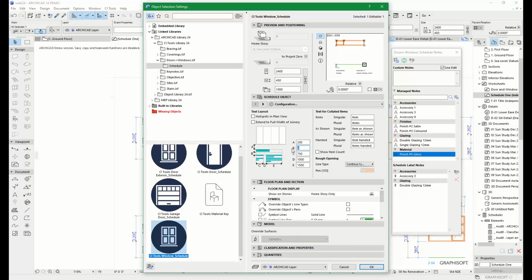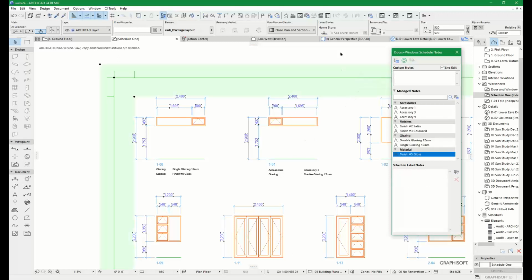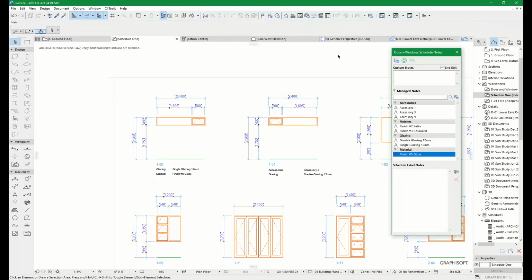Let's add in a gap there and hit OK. And you can see that now that I've hit OK, it has made the changes that I asked it to. There's a bit more padding in here. The gutter is quite a lot wider now. And one of the things that, if you've done this before, you might know, is that as soon as you update your schedule,